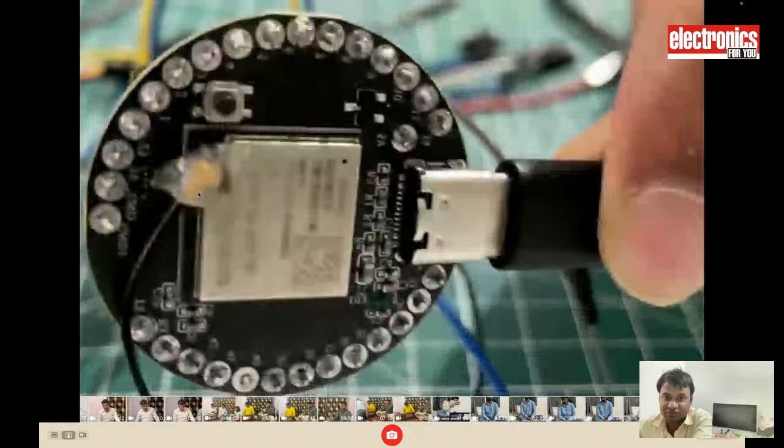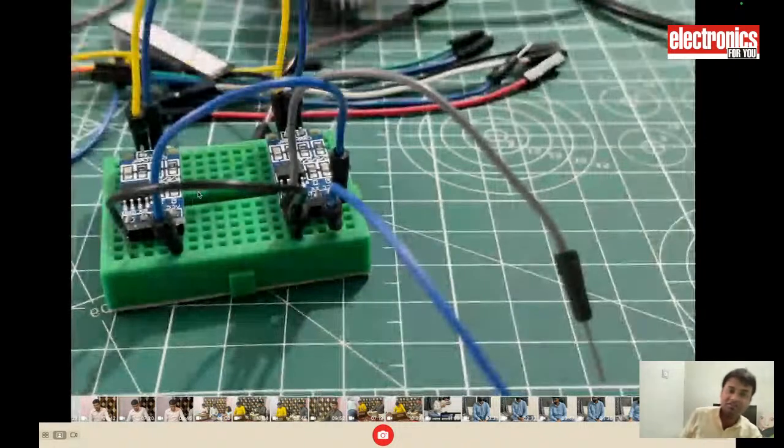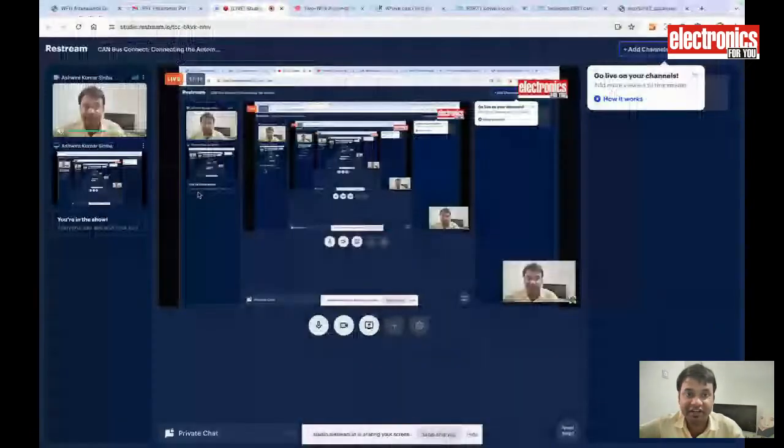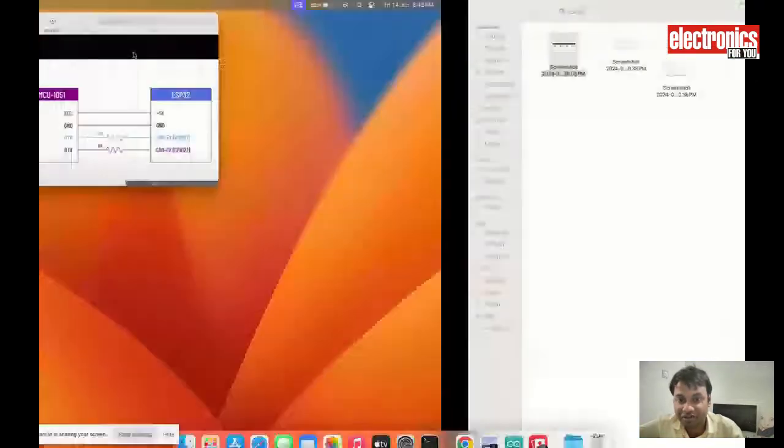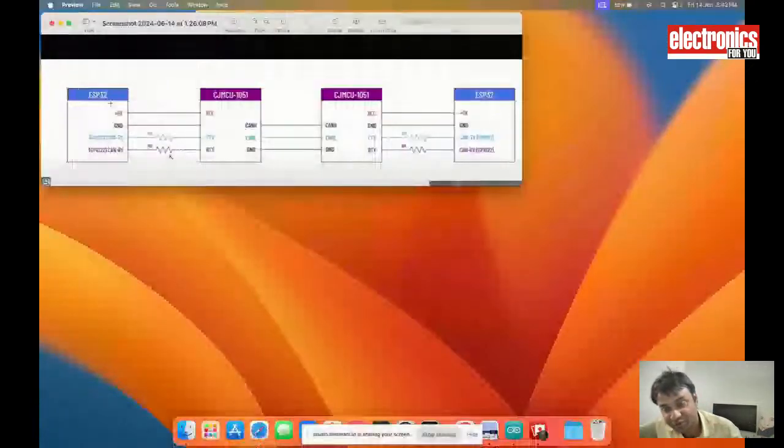So these two Indus boards, I am using two Indus boards. Let me show you the main circuit diagram. So this is the circuit diagram, how it is working. Here is our ESP based Indus board that we connect